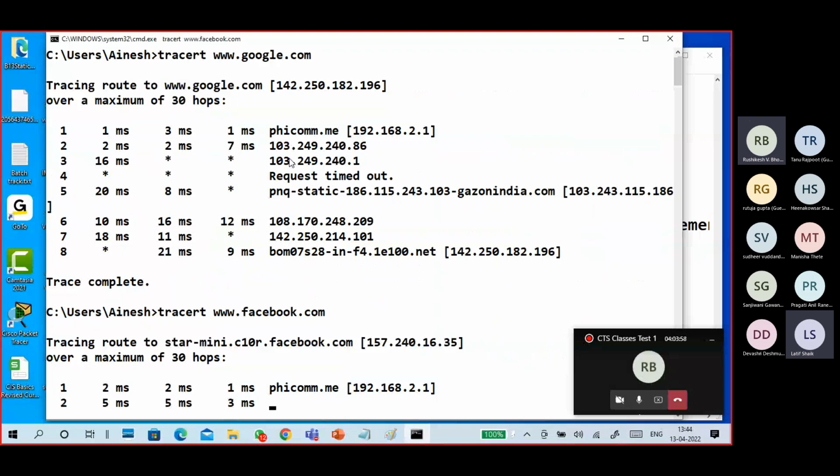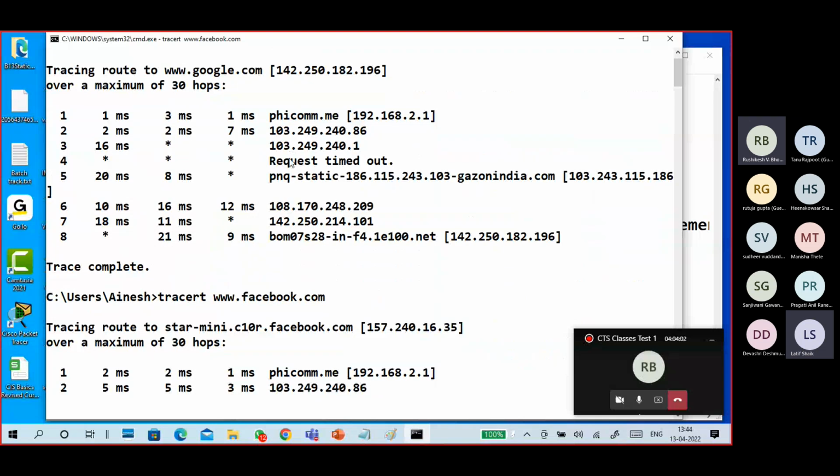Same as before, first my packet goes to my router, my router to the ISP server, ISP provider, internet service provider. Look at it. The first IP is the same, the second one is also the same. I am waiting for the third one.